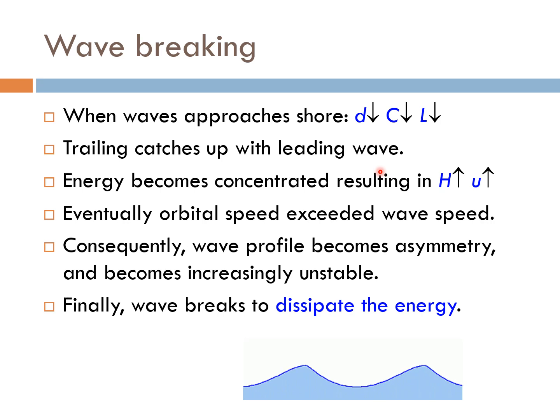Consequently, the water particle motion also becomes faster and faster, u increases, and so eventually the orbital speed actually exceeds the wave speed, the wave celerity, causing the wave profile to become increasingly asymmetric, and so increasingly unstable. Finally, the wave will break to dissipate this concentrated energy in its